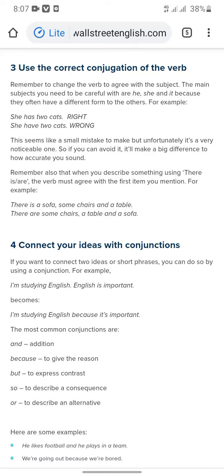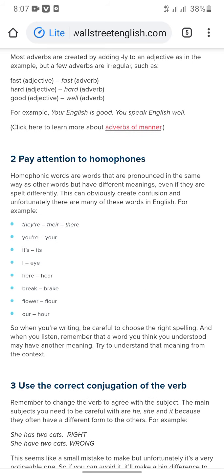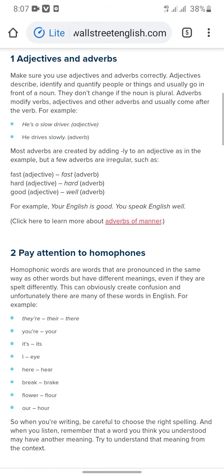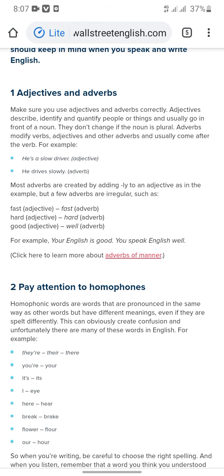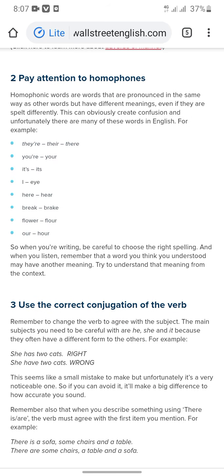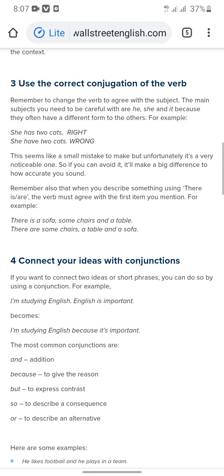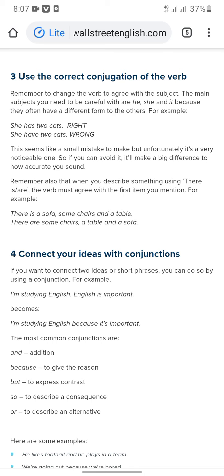In the previous lecture we discussed different rules, like paying attention to homophones, English grammar, adjectives and adverbs, and the difference between adjectives and adverbs with illustration. And we discussed homophones like its and it's, here and hear, break and brake, flower and floor, hour and our. So now we will discuss another important topic in English grammar, and that is the correct conjugation of the